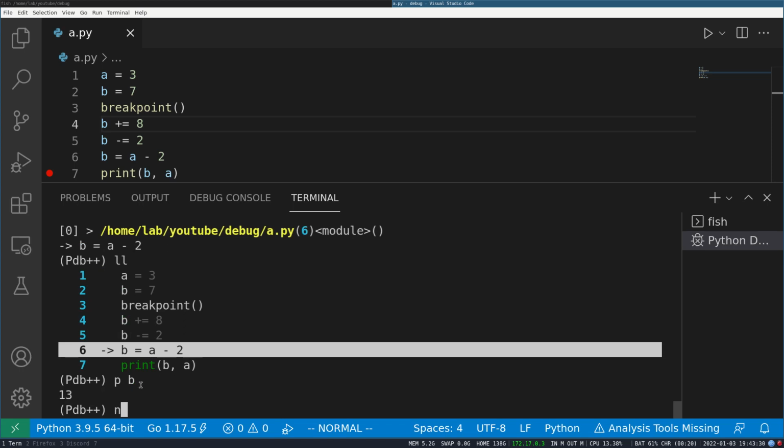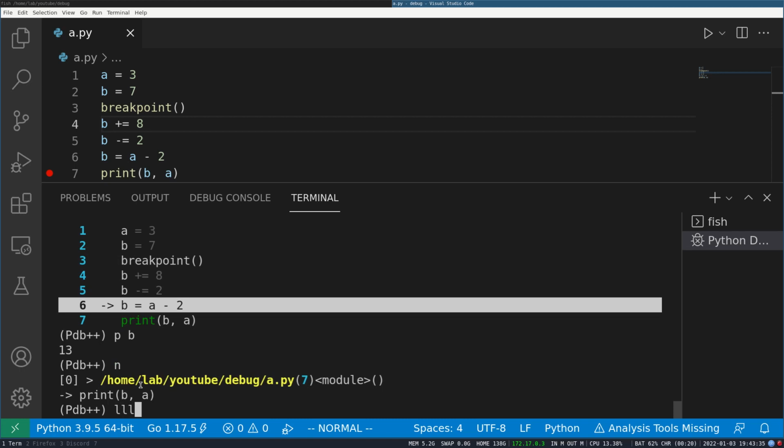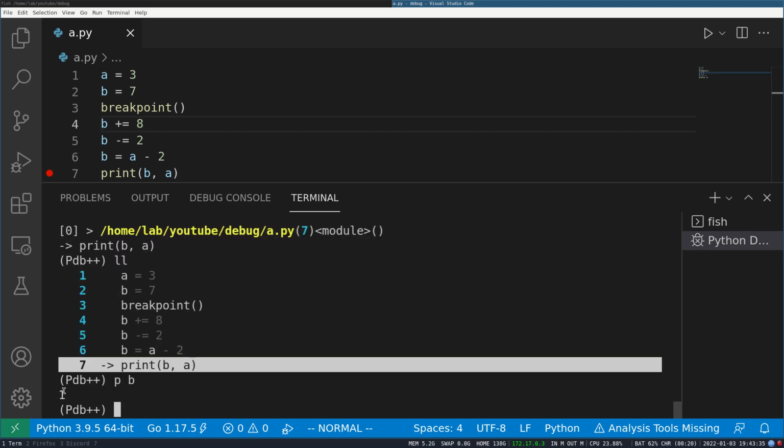And as soon as I go to the next line, now the value of B is 1, and I see okay, so something is wrong in line 6, and maybe I realized that I mistyped B for A or something like that. There could be any bug, and you might figure it out. So the bug was in this line. So yeah, that was the general idea. You go into the PDB REPL, and then you use some commands to figure out what's actually the issue, and you run the code one step at a time.